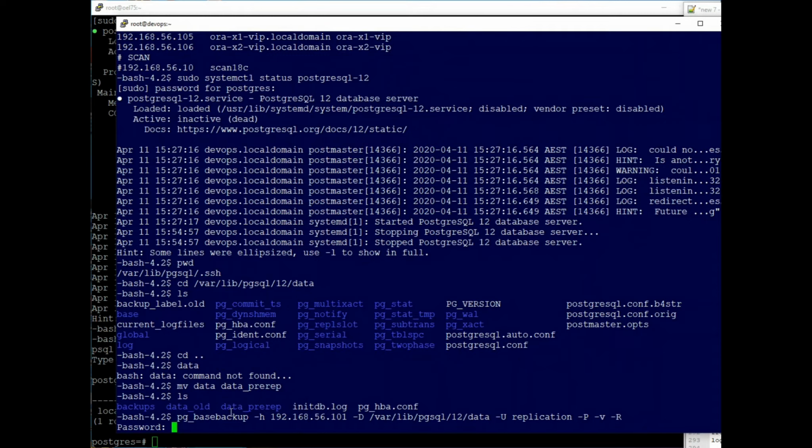We are running the pg_basebackup utility, to take a backup of the master database data directory from the slave server. So h is the host. So if you check this on the primary side,